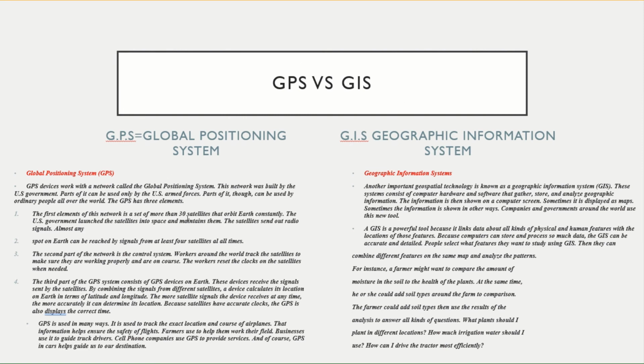The GPS was used by the US government armed forces, in the intelligence forces. It was first used in America, and it consists of three elements. The first element consists of 30 satellites. The second part of the network is the control system, and the third part is the GPS device itself. So the first GPS consists of three elements: one, 30 satellites; another, the control system like broadcast